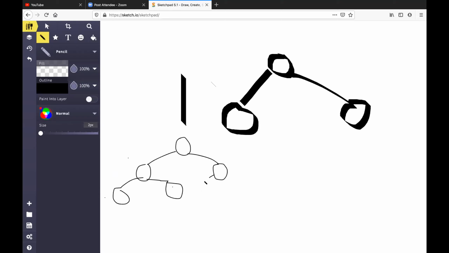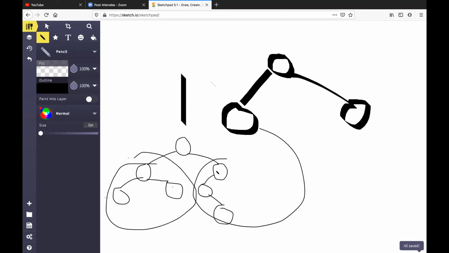But suppose there is one more node. It can't be like this, right? It can't be like this because it has to be from left to right. So what I'm saying is just go to the left part every time. For this subtree also, just go to the left part. And for whatever the subtree is, just go to the left part to calculate its height.